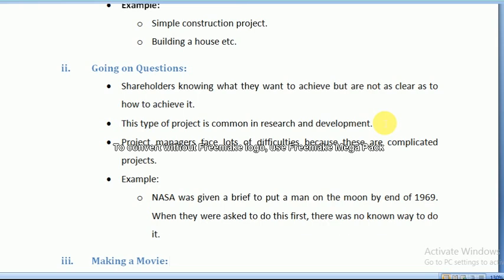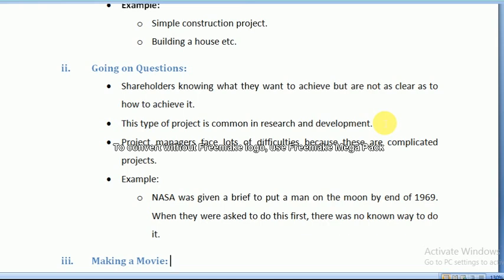So similarly here in this type of project, the project manager knows what we want, but he or she does not know in which effective way we can achieve our targets or objectives. So for that purpose, they get the information through a questionnaire. They build up questionnaires, collect the information, then analyze and work out on that information, and